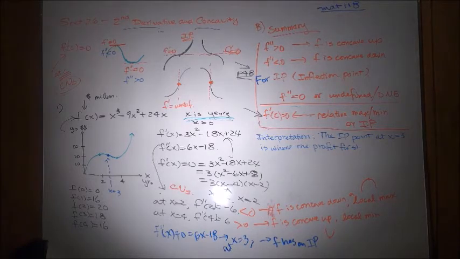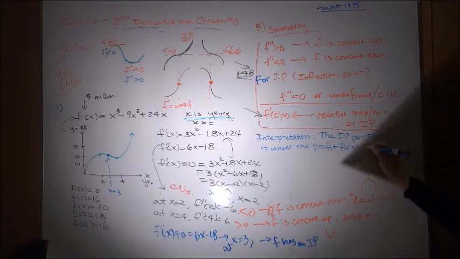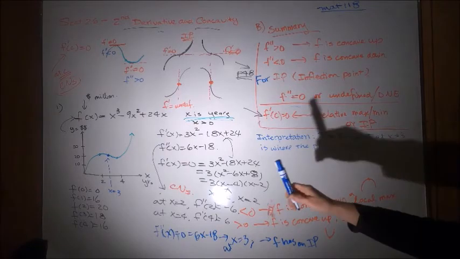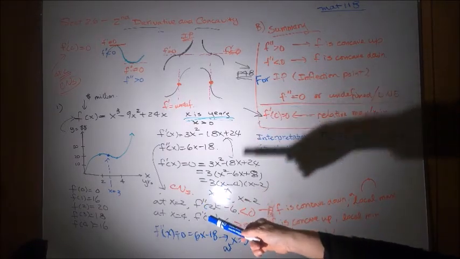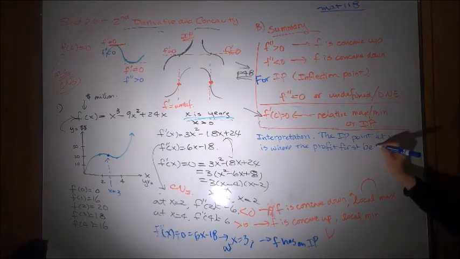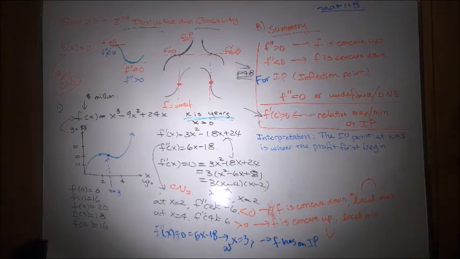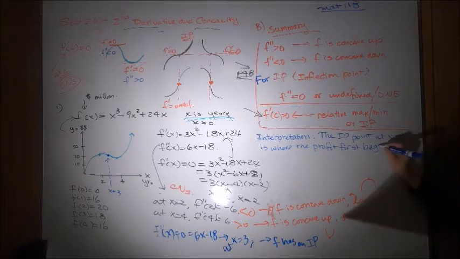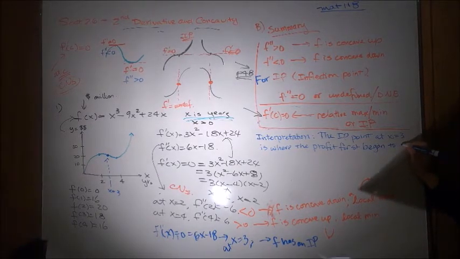Inflection. So the profit first begins, because it was dropping from year 2 to year 4, right? So at year 3, it first began to